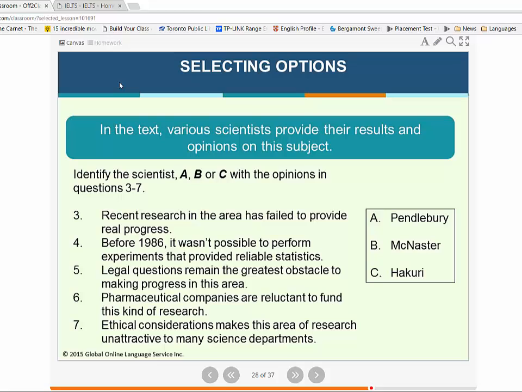Selecting options are really interesting. Again, there's going to be paraphrasing, lots of information to read in the question. So students really need to read the instruction. They need to be underlining keywords, and they need to think about how this might be paraphrased. This kind of question doesn't appear that often in the practice tests. I can't remember whether I actually had it in the IELTS test that I sat,